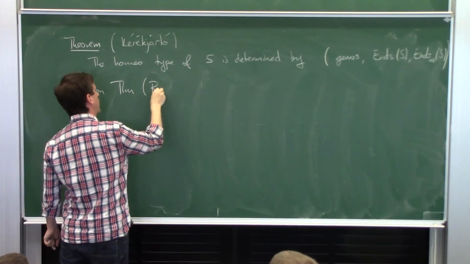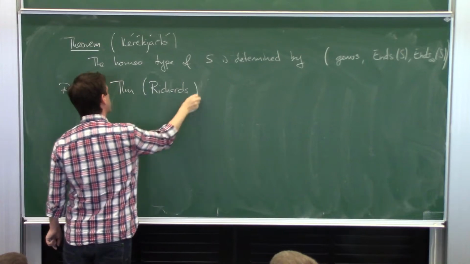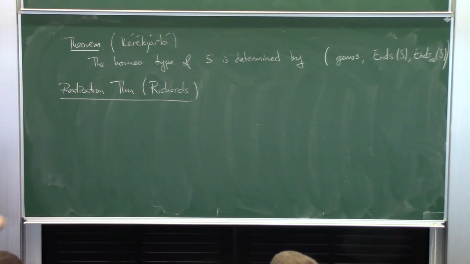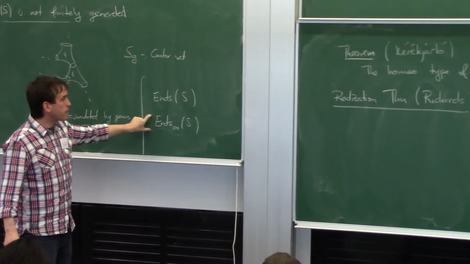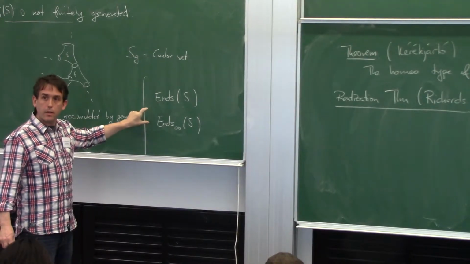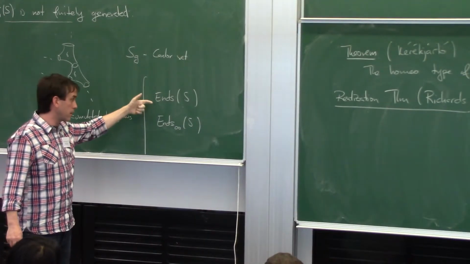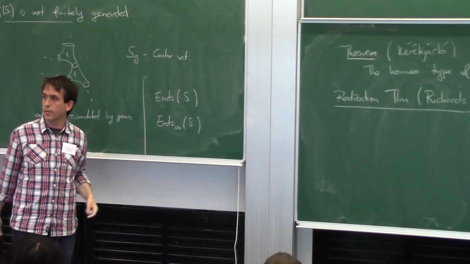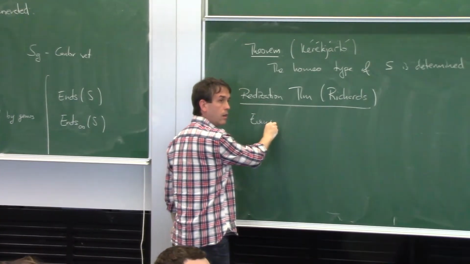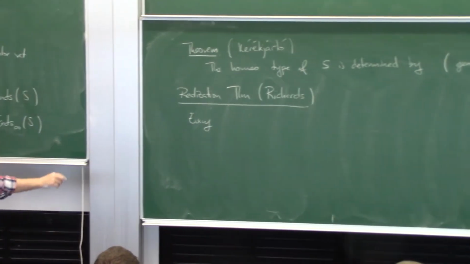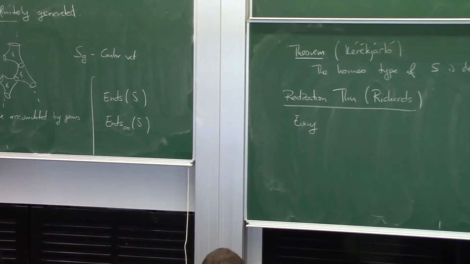So there's a realization theorem by Ian Richards, I think it is. These are subsets of a Cantor set. That's the first part of the theorem, and then the second part is that for any two subsets of a Cantor set that you may choose, they are the space of ends and space of ends accumulated by genus of some infinite-type surface. Sorry, the space of ends is a topological space.